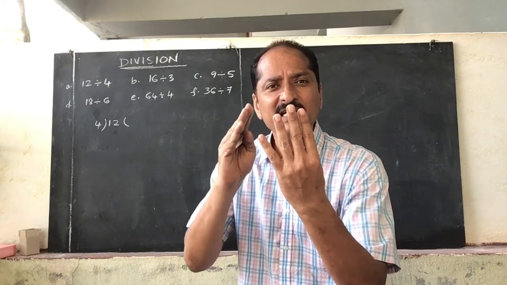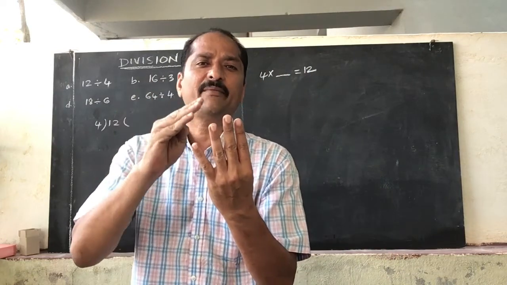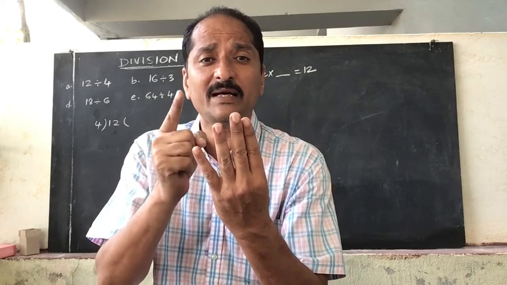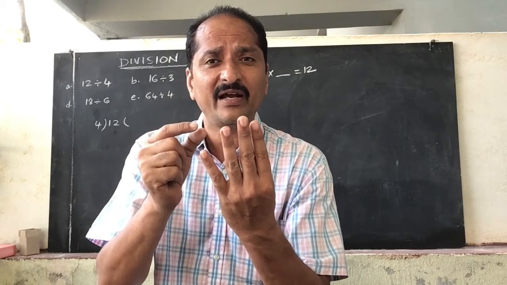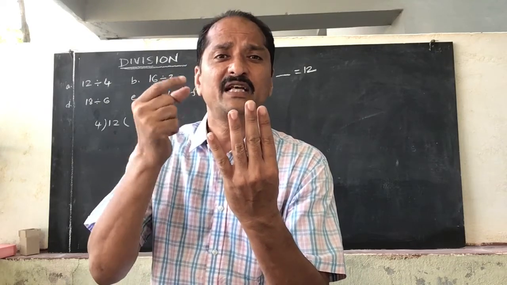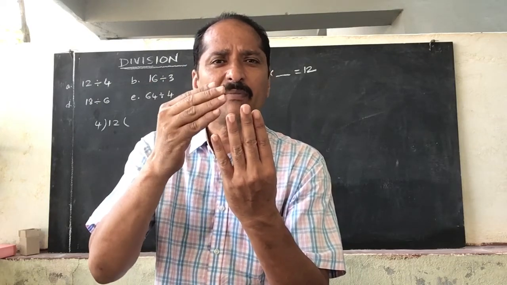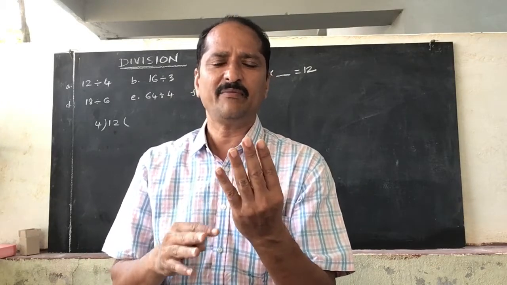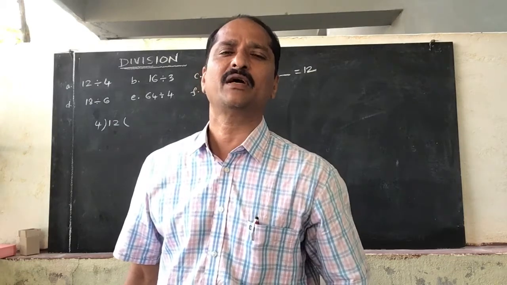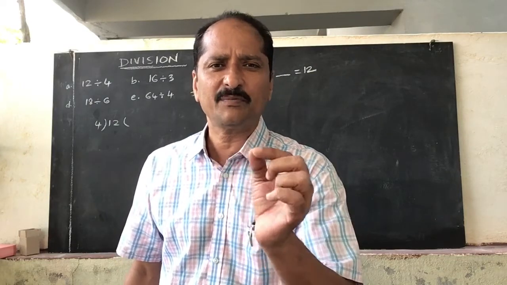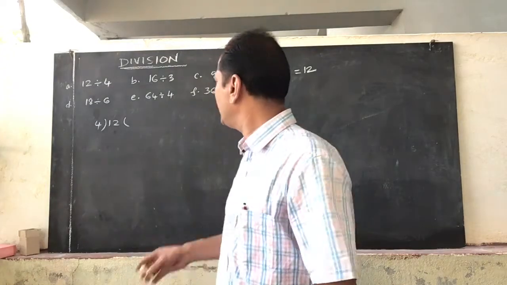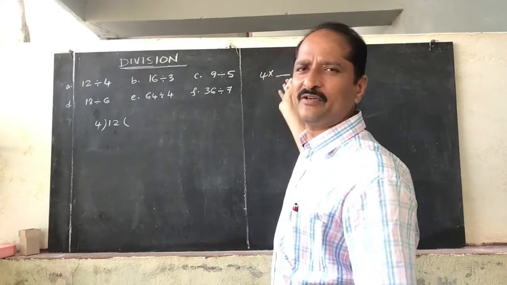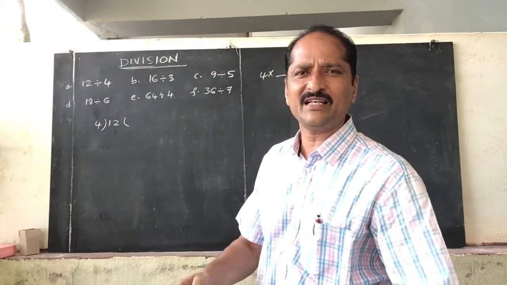That means division is possible with the greater number only. The greater number can be divided by a smaller number. In the same way as we do subtractions, the greater number minus the smaller number is possible. In the same way, you can divide a greater number by a smaller number only, but we cannot divide a smaller number by a greater number. Now observe carefully, how many 4s are there in 12? That is nothing but the inverse process of multiplication. Division is the inverse process of multiplication.